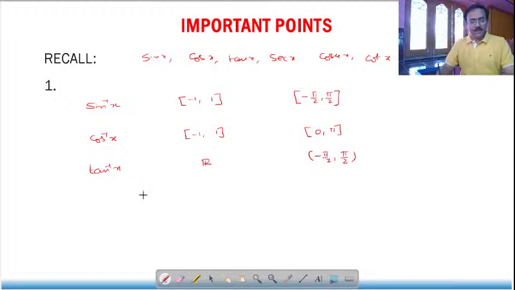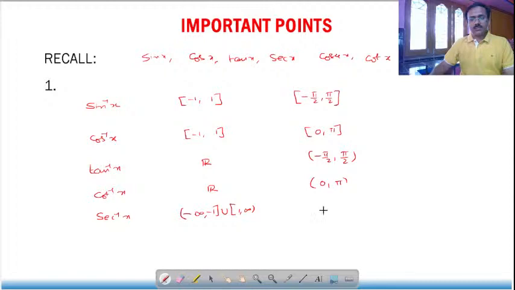Cot inverse x has domain R and range open 0 to pi. Secant inverse x has domain minus infinity to -1 closed union closed 1 to infinity, and its range is like cos inverse, closed 0 to pi,